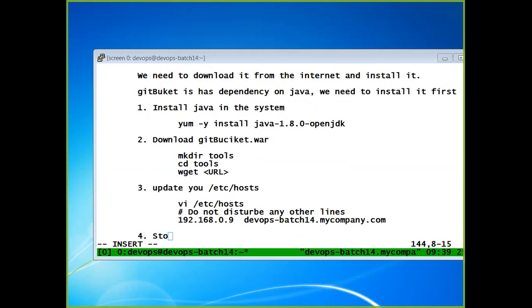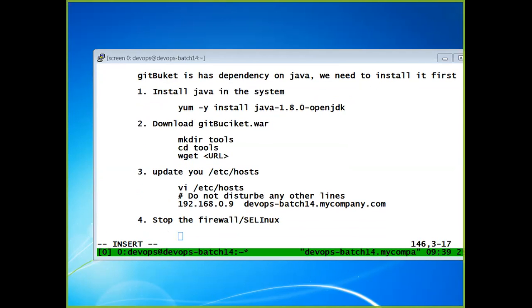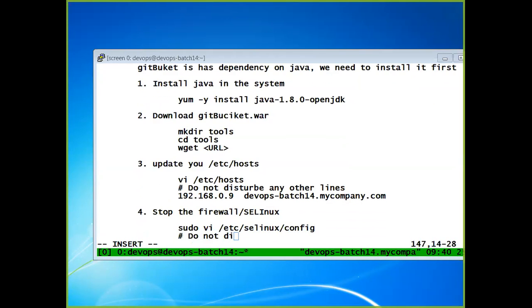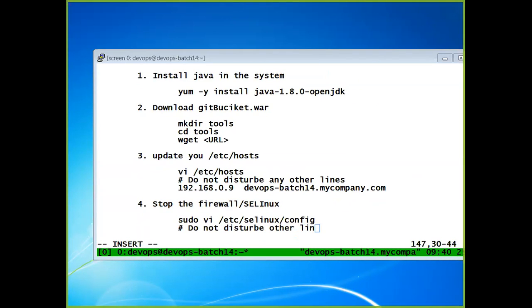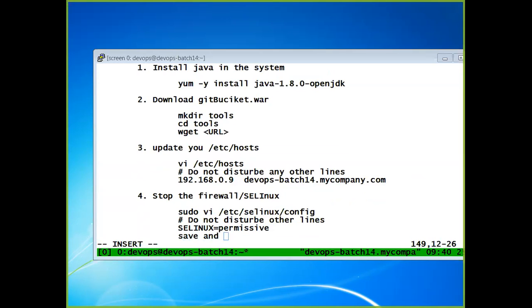Then we will stop the firewall and SELinux. So we'll do that. The procedure is sudo vi /etc/selinux/config, and do not disturb other lines, but we will make sure that we set SELINUX=permissive, and save and exit.